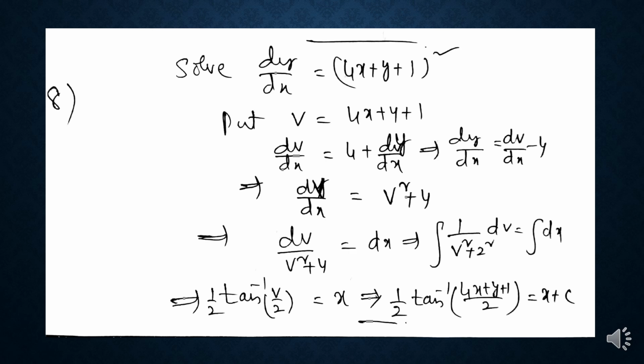In the second case of the variable separable method, in some problems it is not possible to separate the variables. In such cases, substitute the function as another new variable v, and then by differentiating with respect to x on both sides, you can find the value of dy by dx in terms of dv by dx and some x terms. Then we will get the variable separable form in terms of v and x. So we can transfer the terms in v to the dv side and the terms in x to the dx side.